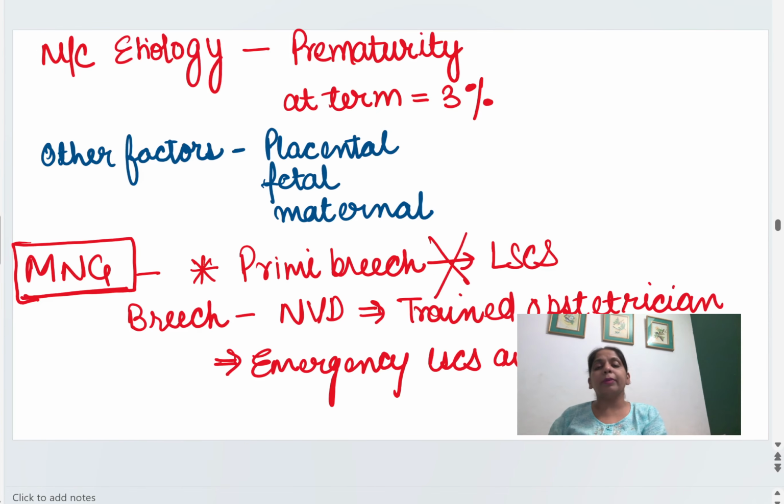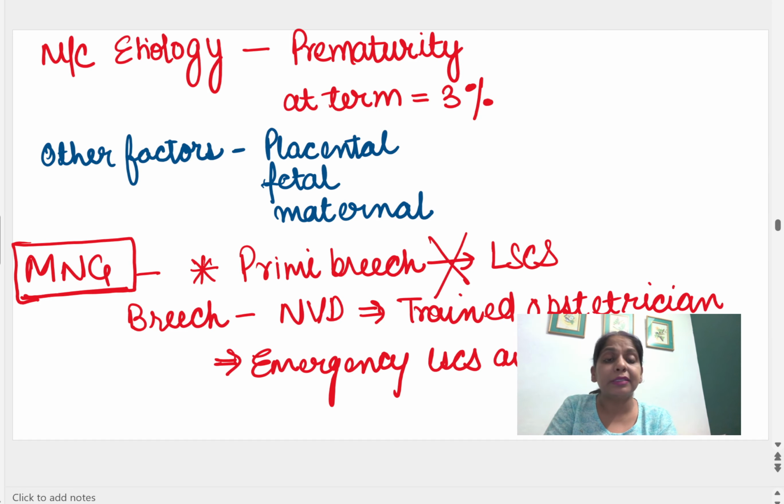So what is the most common etiology of the breech? Prematurity is the most common etiology of the breech, okay. At 28 weeks 30% of the fetuses are breech. So what is the most common etiology? Prematurity, okay. At term only 3% of the fetuses are left